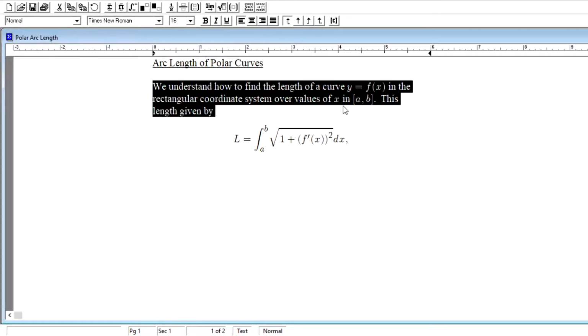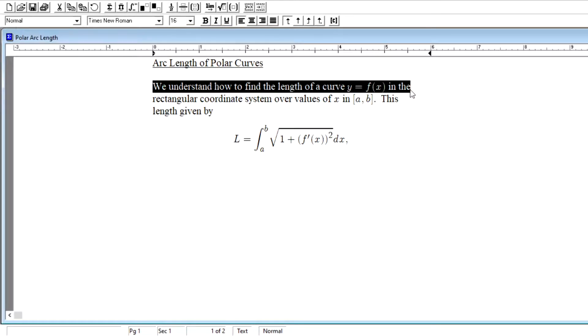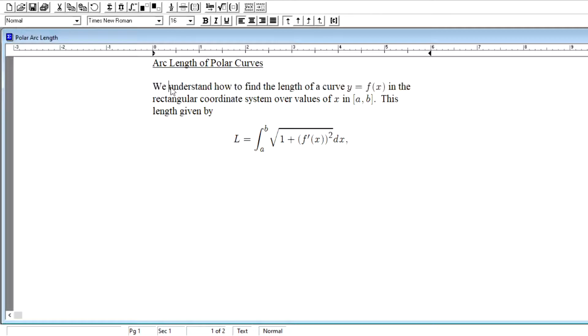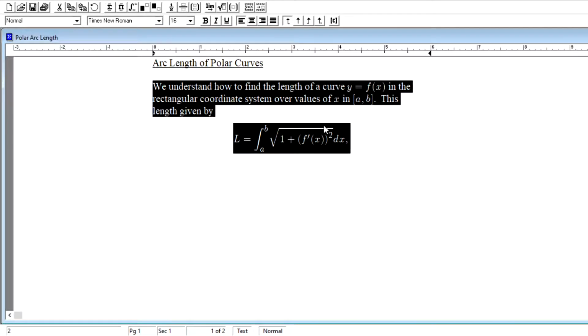And we start with what we understand in terms of arc length in the rectangular coordinate system. All right, and this does come back from the beginning of the semester. I think it was around section 6.5 where we looked at arc length. Right, no, was that 6.5 or 6.6? Somewhere back there in chapter 6, though, when we were looking at application of integration, we introduced this calculation here,